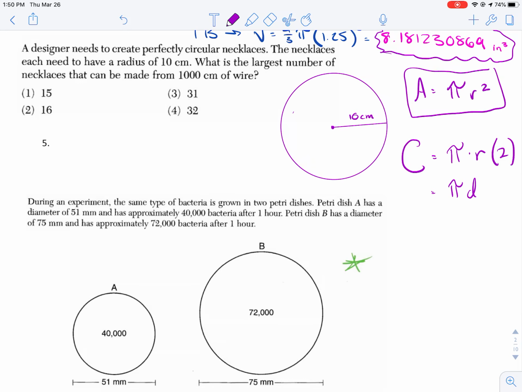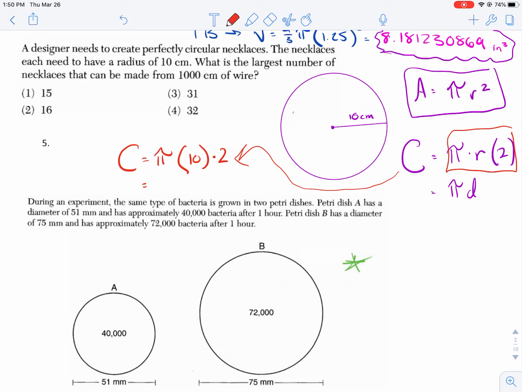In this case, they give us the radius, so we're going to use this equation up here. So in order to find the circumference, we go pi times 10 times 2. And you get 20 pi,